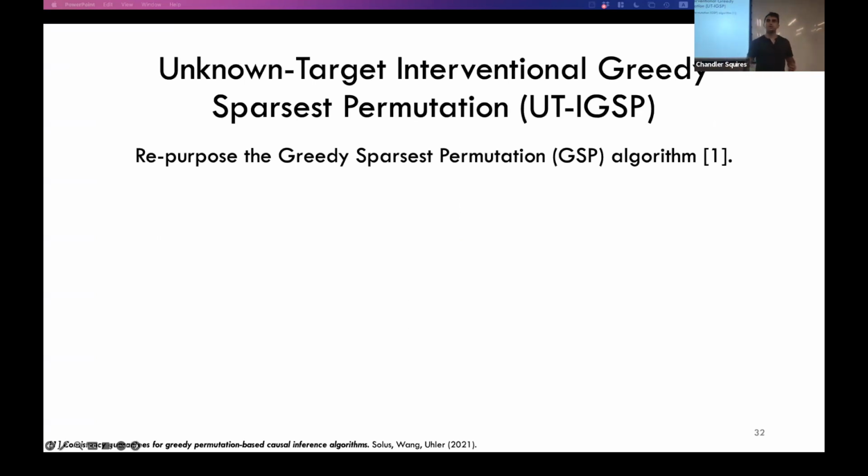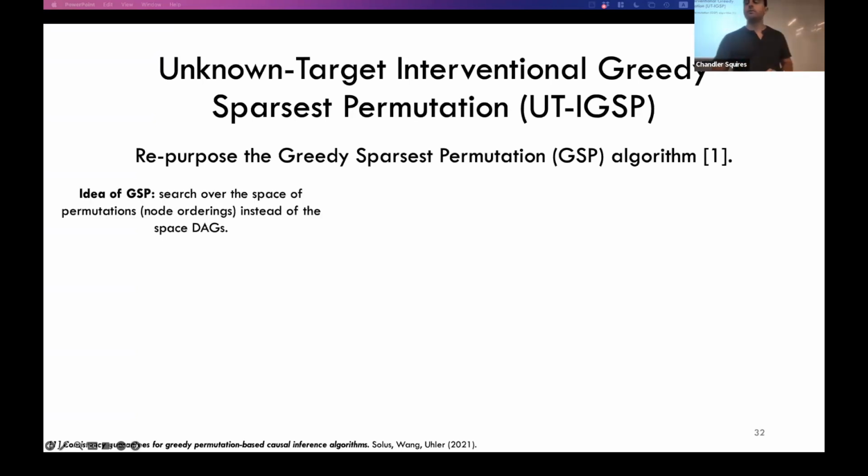The problem now is: if I have an existing causal structure learning algorithm that works with just observational data, can I ensure that it still works when I incorporate this form of background knowledge? So the algorithm that we study in this paper is the greedy sparse permutation algorithm. Just to give a little bit of an overview of the intuition behind this algorithm,